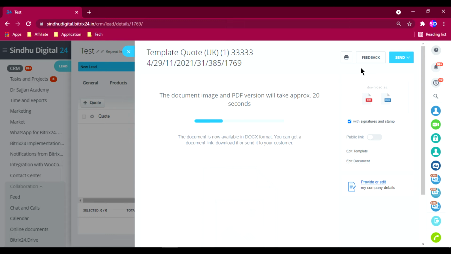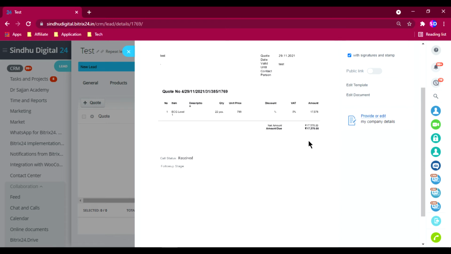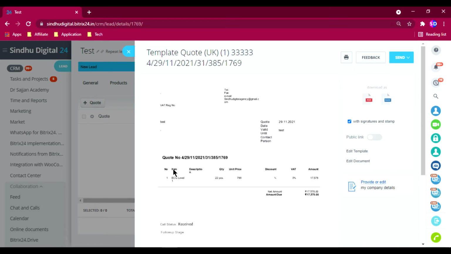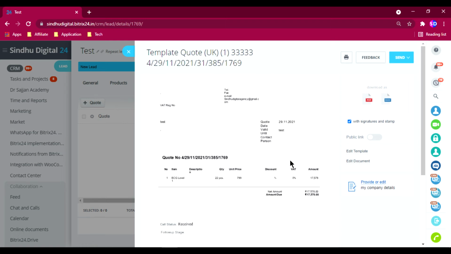It needs to capture the data and paste it into the template, right? So it will take some time. And also you can easily export, like there is the download options, like you can get the data as a PDF, also in document. See, the data has been captured. So the product has been selected, the total amount, total quantity, 22 pieces quantity, and that's been selected.